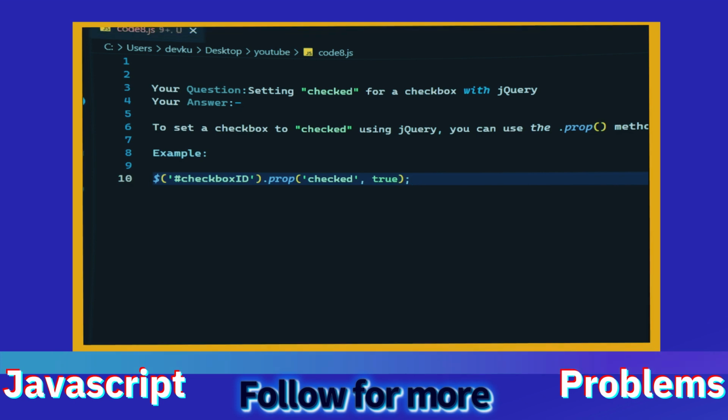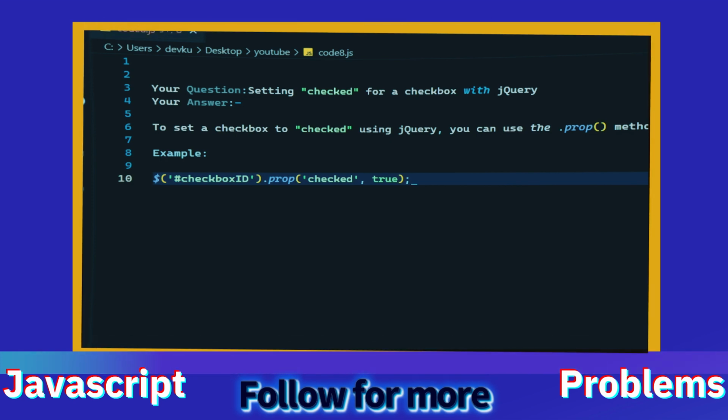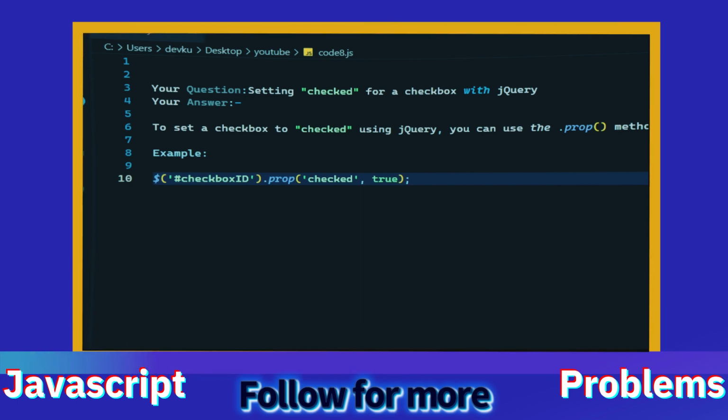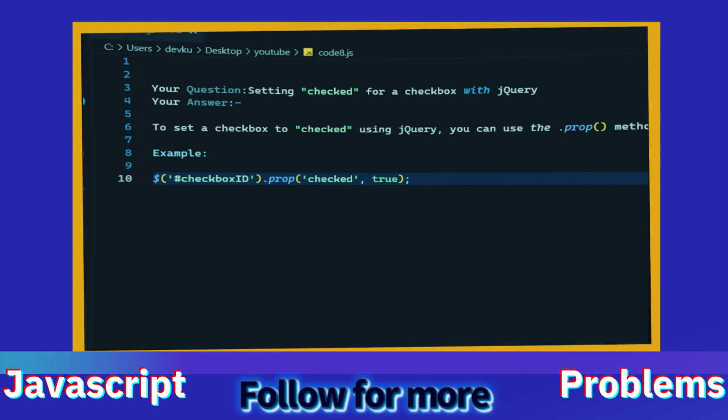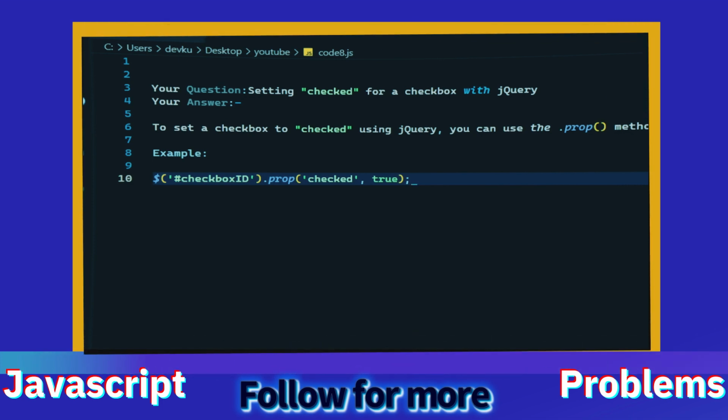Question: setting checked for a checkbox with jQuery. Answer: to set a checkbox to checked using jQuery, you can use the .prop method. Example: $('#checkbox_id').prop('checked', true);